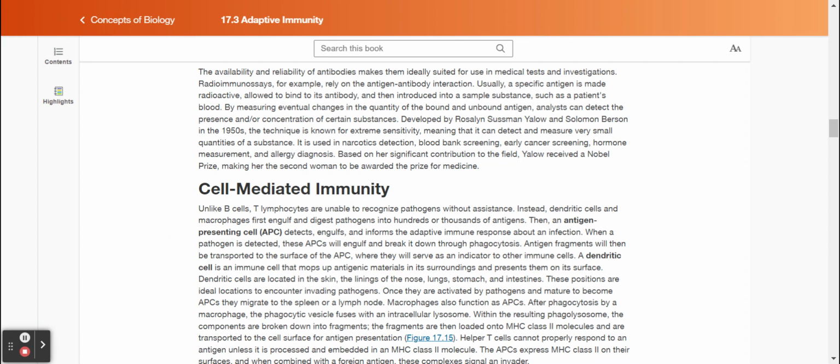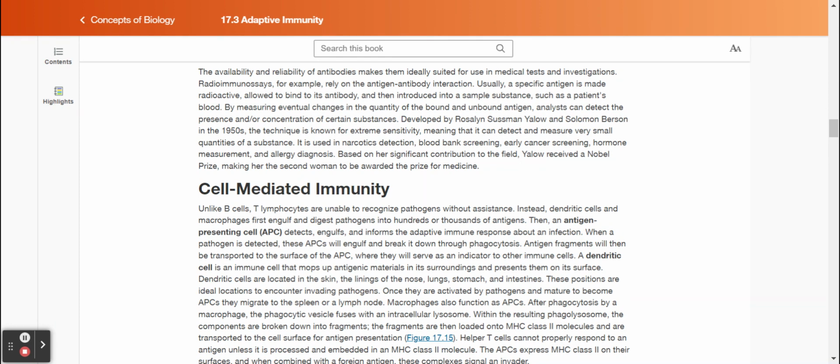The availability and reliability of antibodies makes them ideally suited for use in medical tests and investigations. Radioimmunoassays, for example, rely on the antigen-antibody interaction. Usually, a specific antigen is made radioactive, allowed to bind to its antibody, and then introduced into a sample substance, such as a patient's blood. By measuring eventual changes in the quantity of the bound and unbound antigen, analysts can detect the presence and/or concentration